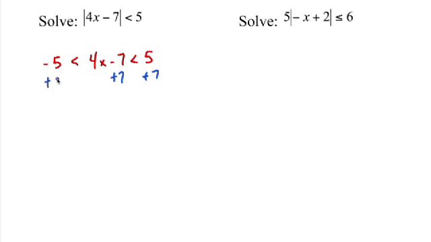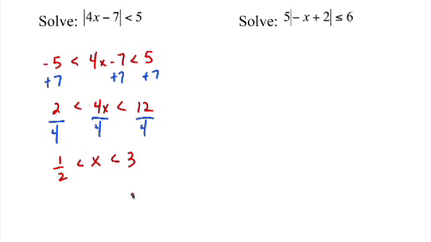Step 1, to isolate x in the middle, the first thing you want to do is add 7 to all parts. Right, so in all 3 places, and in these problems, instead of just having 2 sides to the equation, there's essentially 3 places. So make sure you add 7 in all 3 places, not just in the middle and on the right. That's it. So -5 plus 7 is 2, is less than 4x, is less than 12. Now your last step, again, you're trying to isolate x, so you want to divide by 4. So that gives you 2/4 is a half, is less than x, which is less than 3.